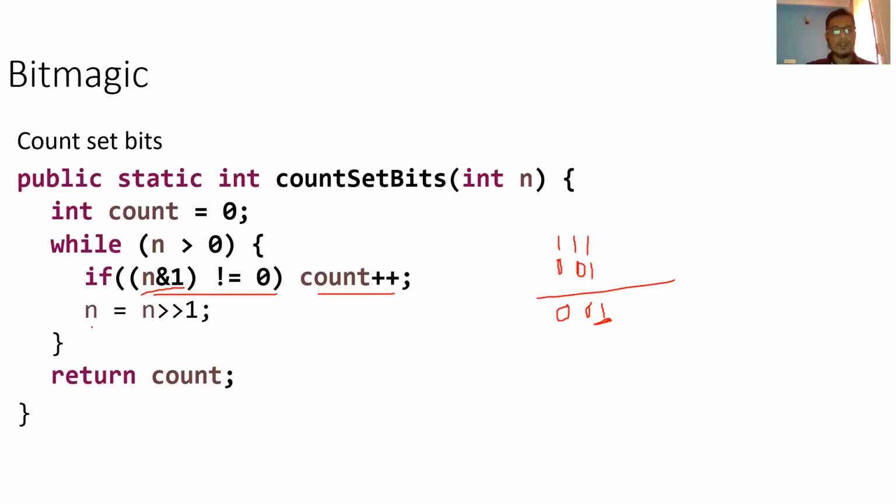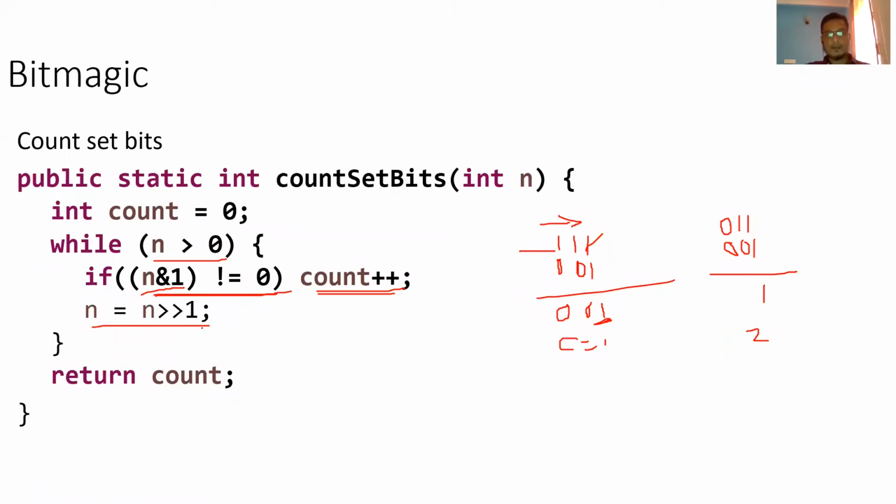Next operation, what will I do? I will right shift by 1 and then assign that to the number. So if I do right shift here from 7, what output will I get? I will get 0 1 1, right? The leading 0 will be added here and this 1 will be removed. So now this is the new number. Again it will check whether the number is greater than 0, right? It is 3 now, which is greater than 0. Again I will perform this ANDing with 1. What is the output again? Output is non-zero. Again it is not 0. So I will increment the count. Count was 1 here. Now it became 2.